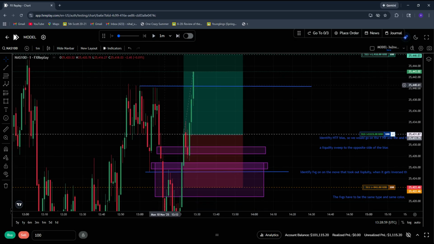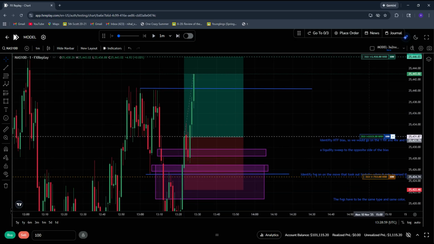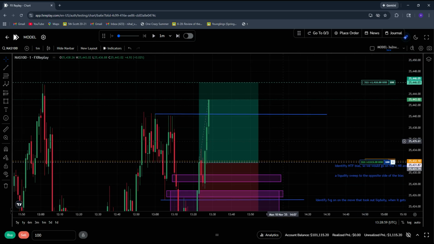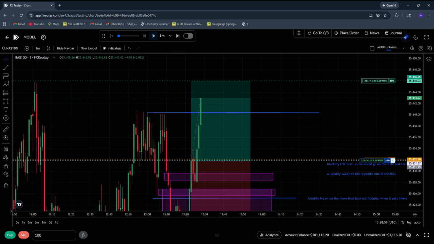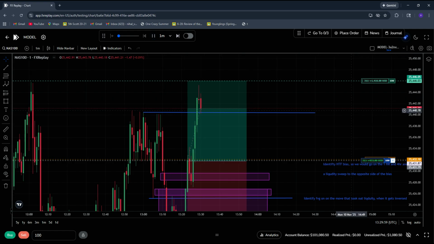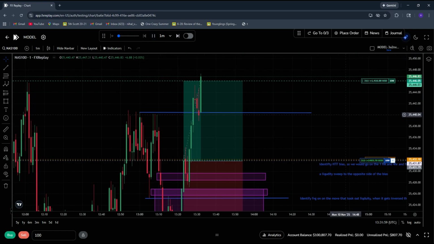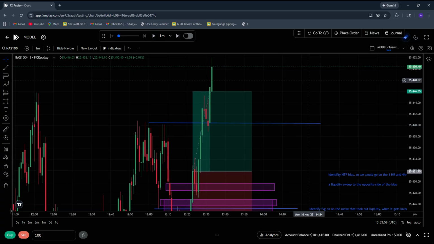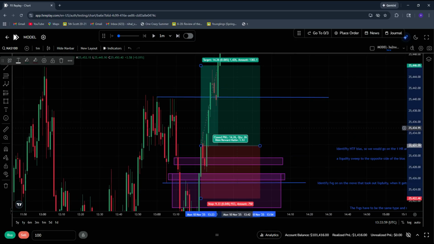Okay, now our break even line has been swept, so let's move it here. Now our trade is risk free. Okay, see, so that trade did end up working out. Made a 1 to 1.5, so positive RR. Okay, now let's